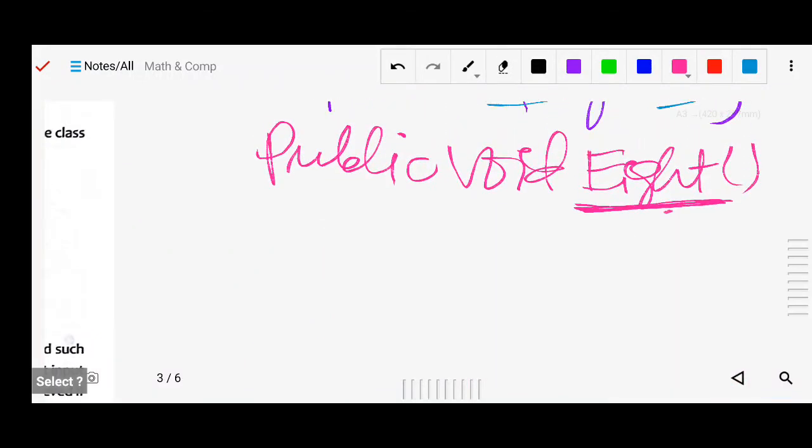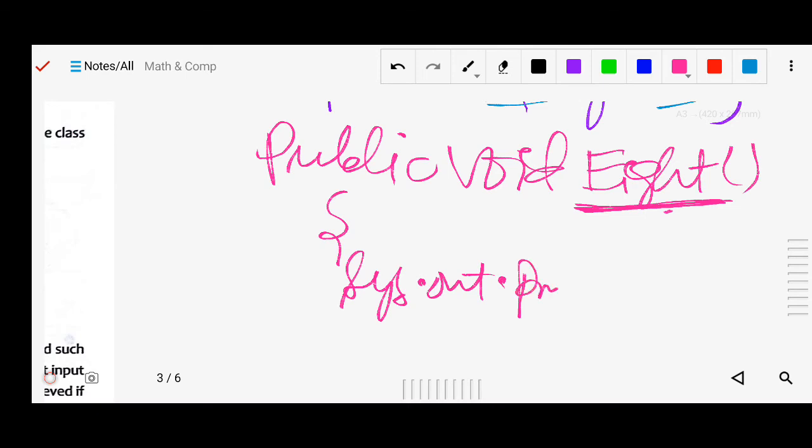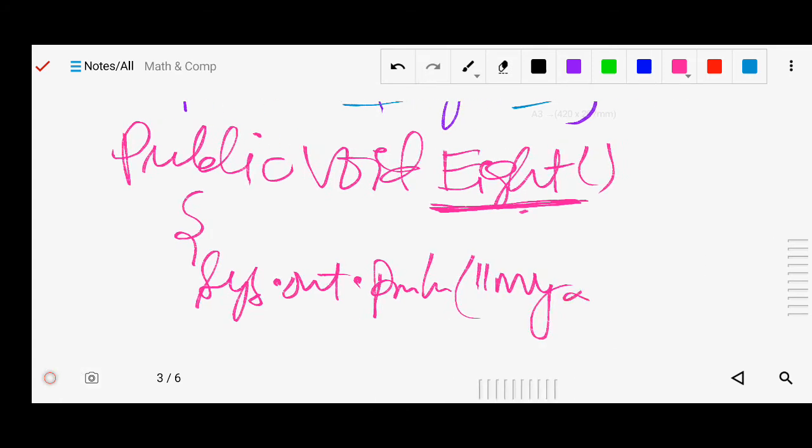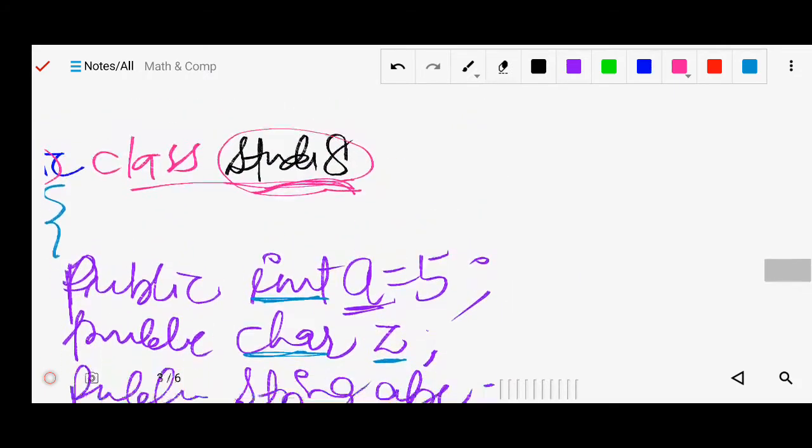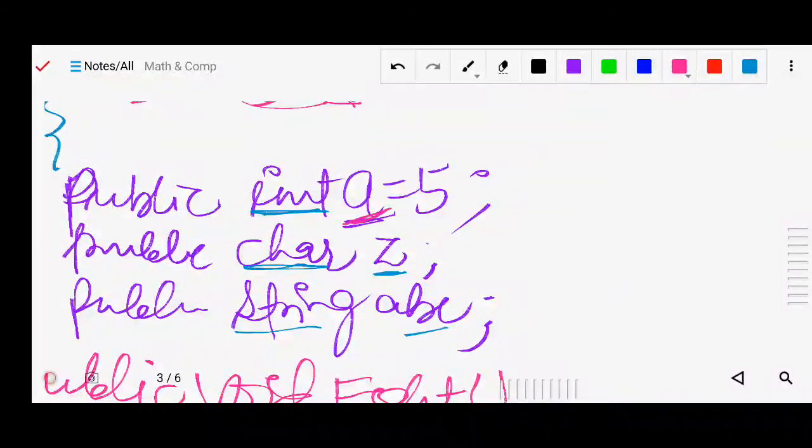Now here we can write System.out.println with "my data" inside double quotes, and after that I write plus whatever we want to display. I want to display all at a time, so first I write a.